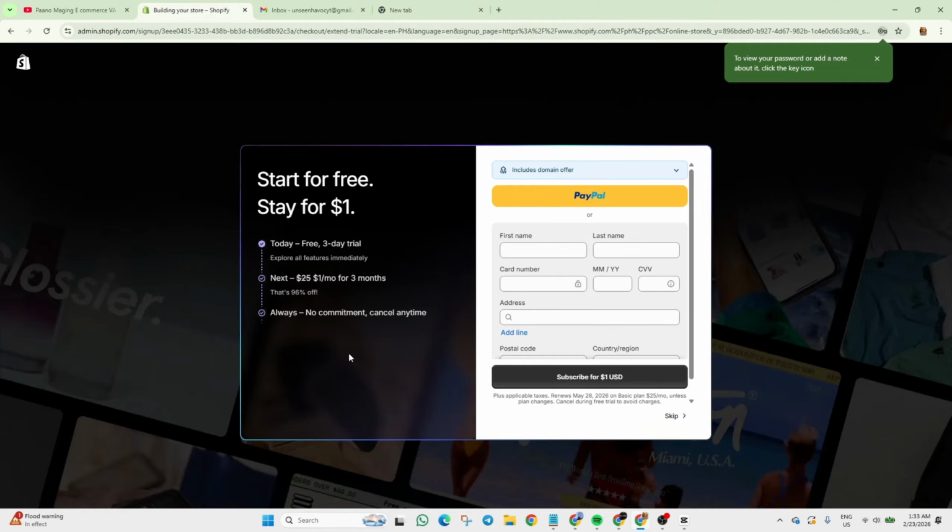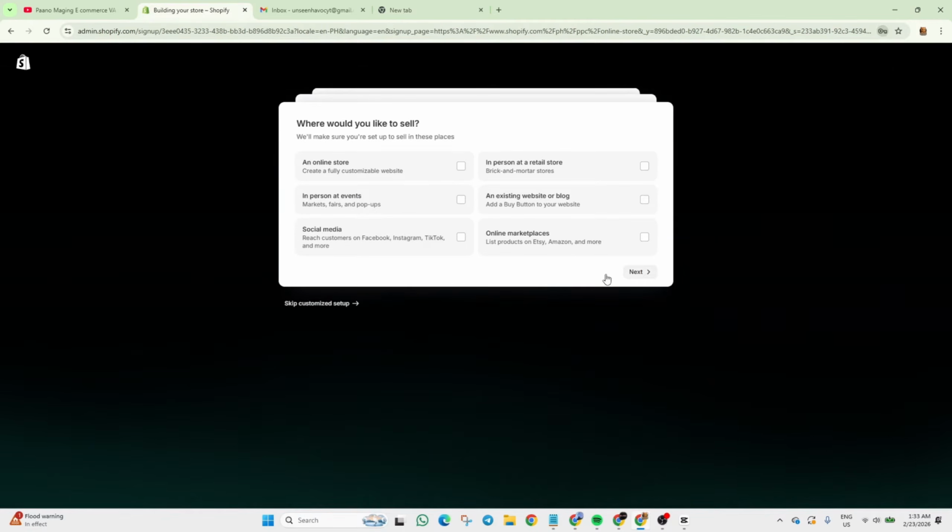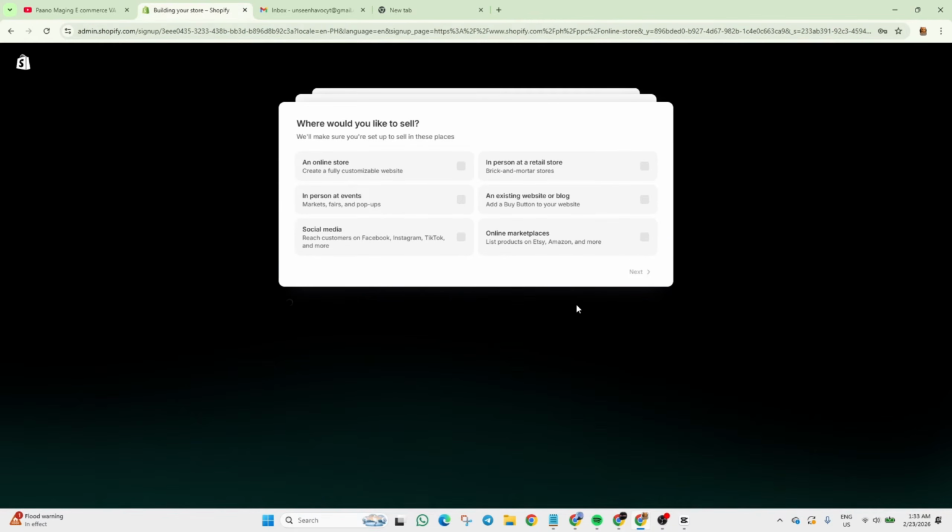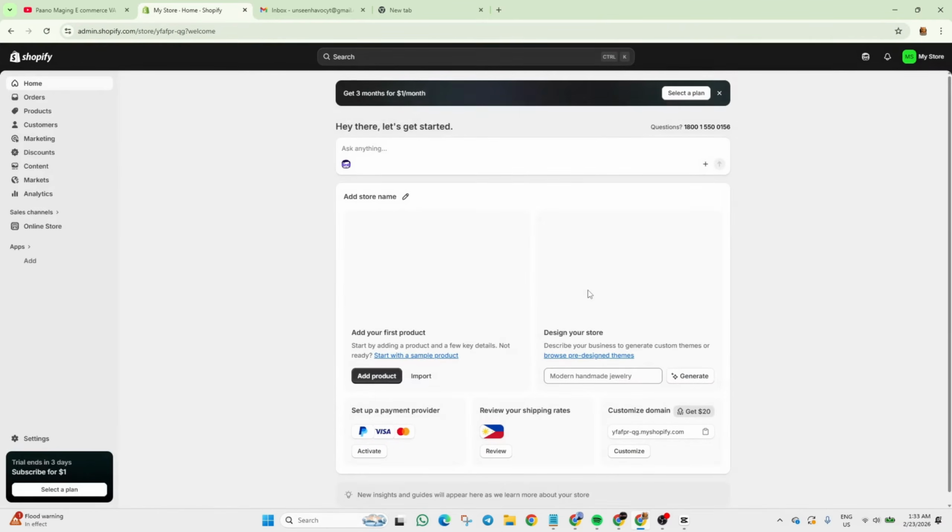All right. Right after that, it's asking you to pay, but you can skip this, and we will skip everything. All right. Perfect. So this is what a Shopify dashboard looks like.